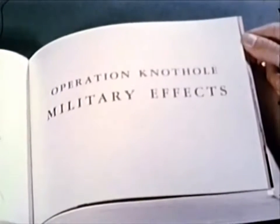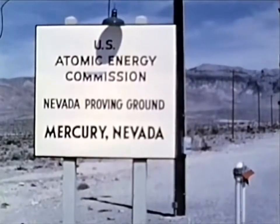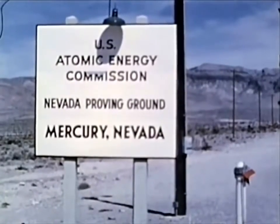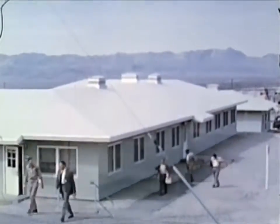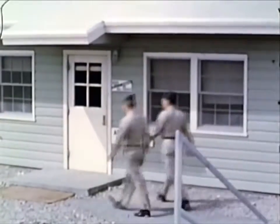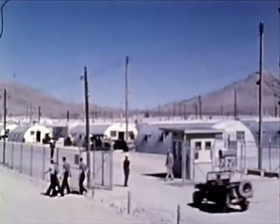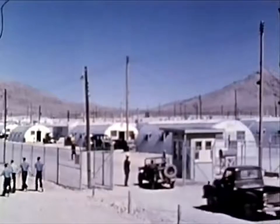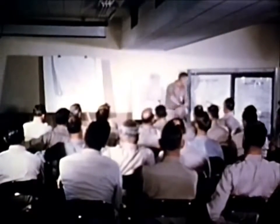The second major phase of the 1953 series, military effects tests, was, from the service point of view, the main feature of the show. All early planning and coordination of these tests was handled by the Directorate of Weapons Effects Tests, set up for this purpose by Field Command, Armed Forces Special Weapons Project. In the operational phase, personnel of this directorate were integrated into the main test organization. There, they continued to be responsible for all military tests and for the important military support given to the AEC's programs. Such support, for example, as the Air Weather Service forecasts, on which are based the fire or no fire